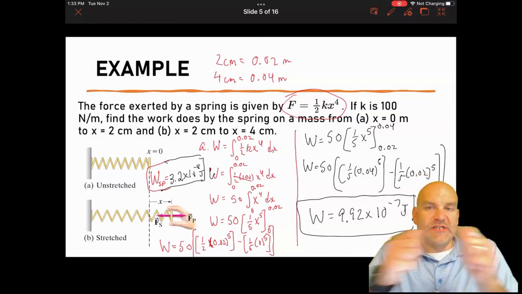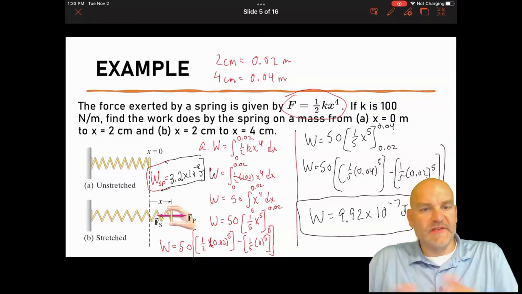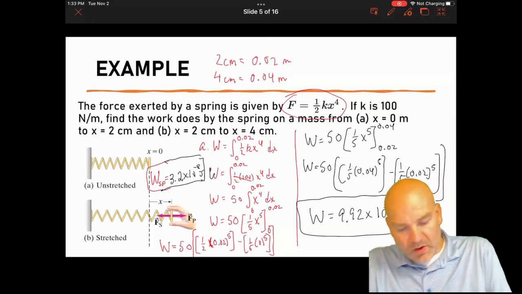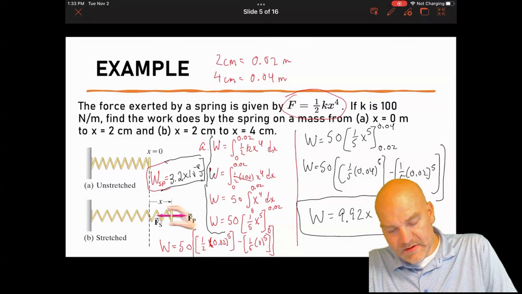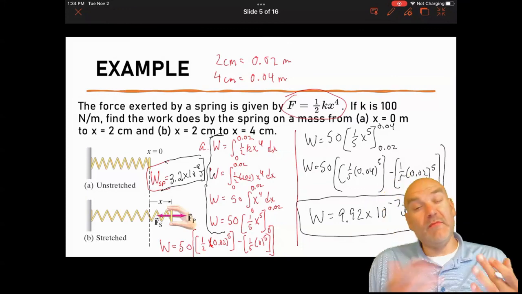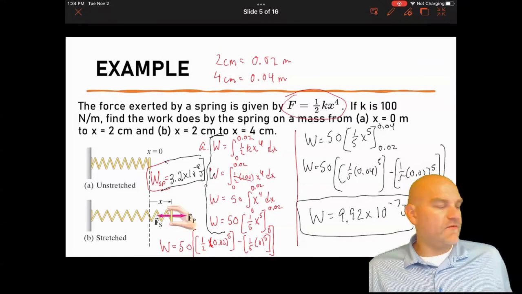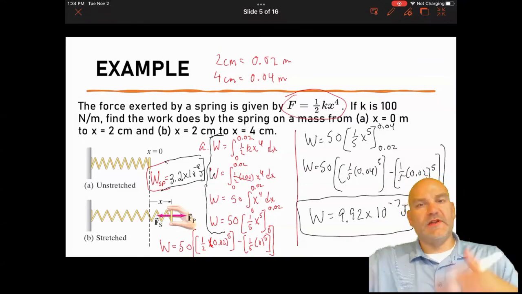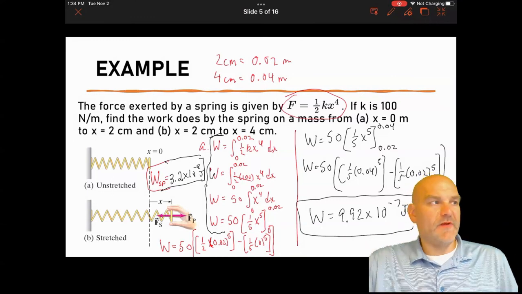As you can see, as it gets stretched out, the force grows, so the work required increases. All of our math work was done on the first side, and we just used that same equation to do part B. That's why part B seemed to be much easier. All right, so that's work done by a varying force. Next, we're going to make this relationship back to kinetic energy, a topic that you have probably been working with since middle school, or if you took AP